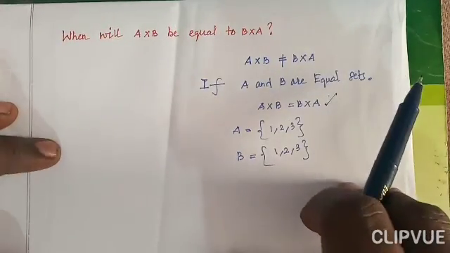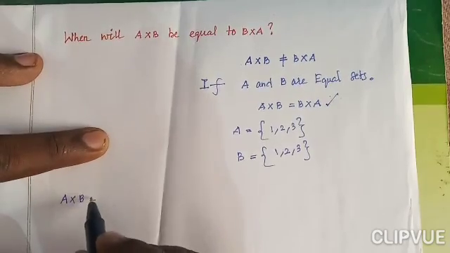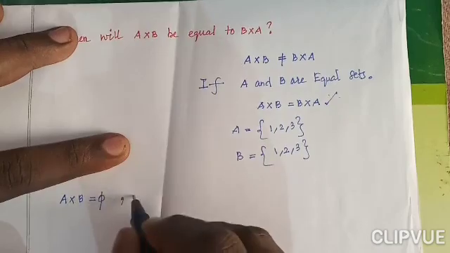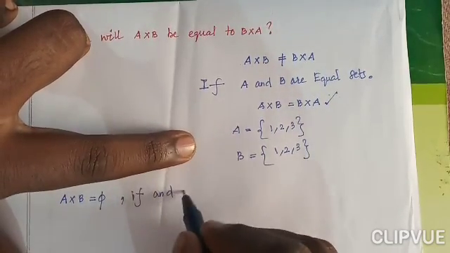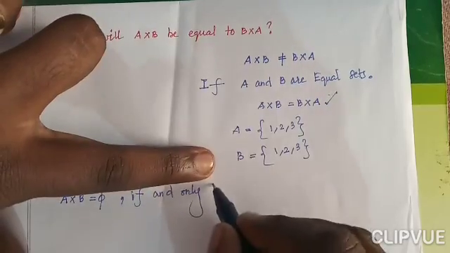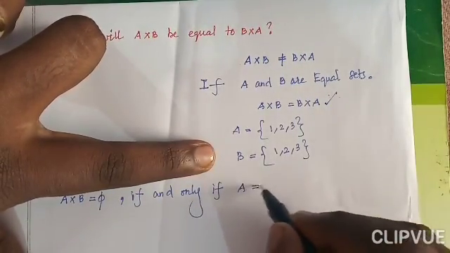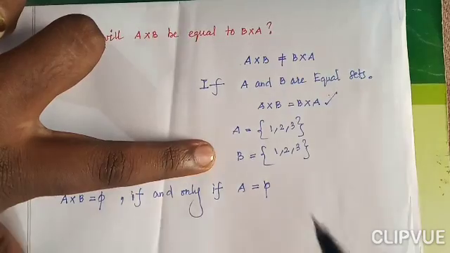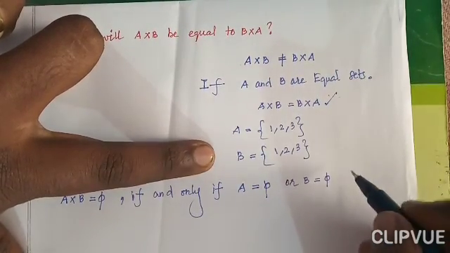A cross B equals the empty set. When? If and only if either A equals the empty set or B equals the empty set. Okay,